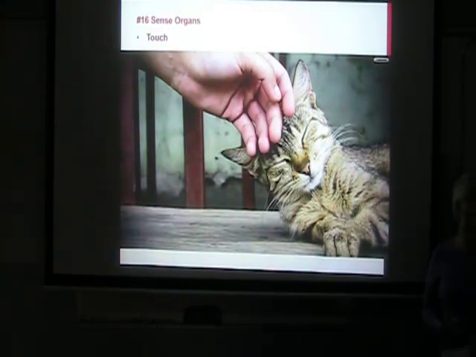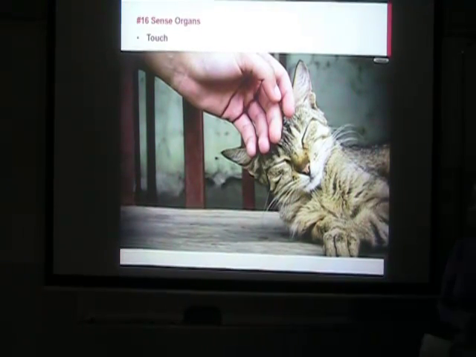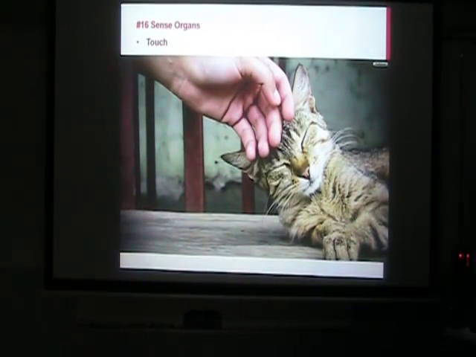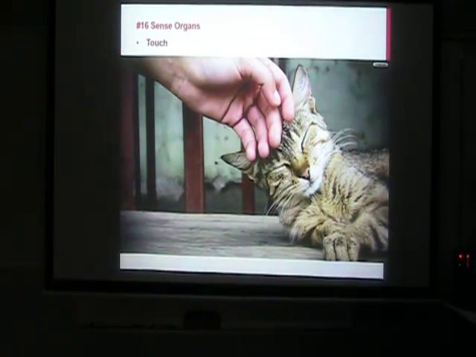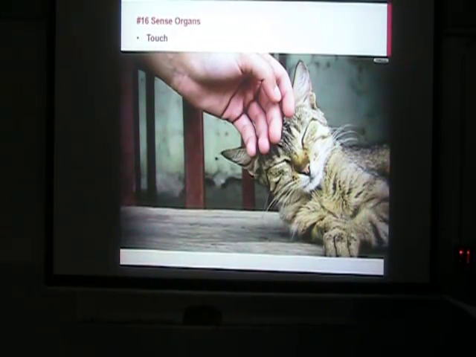This is our last lecture for anatomy and physiology. Today we're going to talk about the sense organs. The sense organs are extensions of the central nervous system that allow it to monitor the animal's internal and external